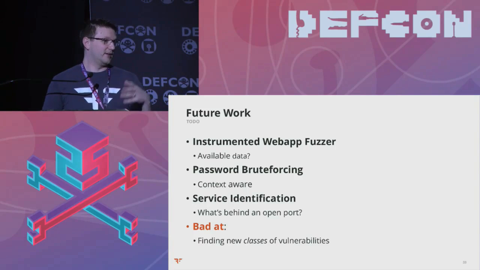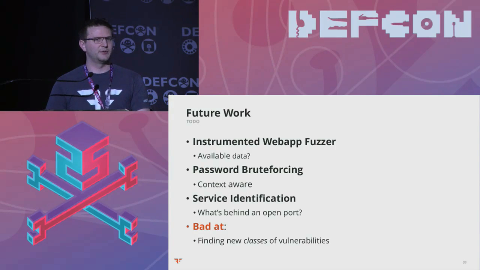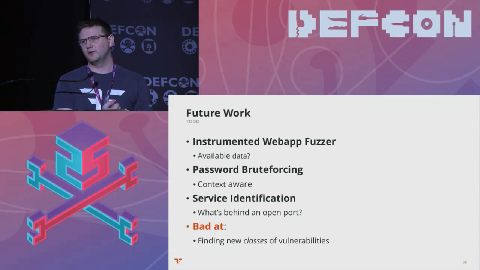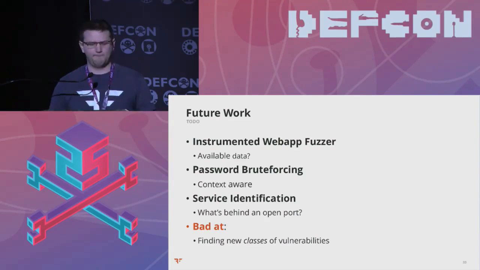And so if you had a machine learning algorithm that could automatically pick up on these patterns, that would be a really good addition to existing password brute forcing methodology. In addition, we have things like an instrumented web app fuzzer, something that's given the internal structures of an instrumented Python web application, can see the internal data structures and logic, and can try to produce inputs that will exercise as much of that as possible. Basically like AFL, if you're familiar with that, but potentially much smarter in that it uses a neural network, and also for a web application. That's a much larger set of things to attack.